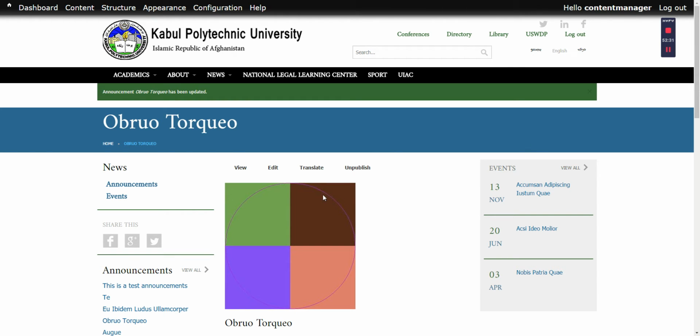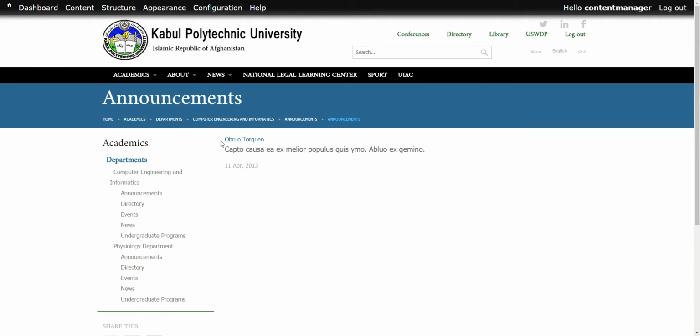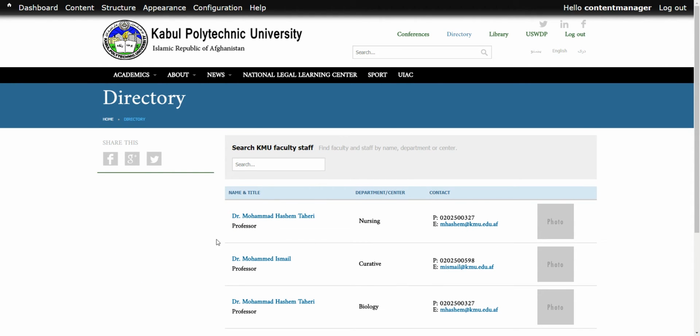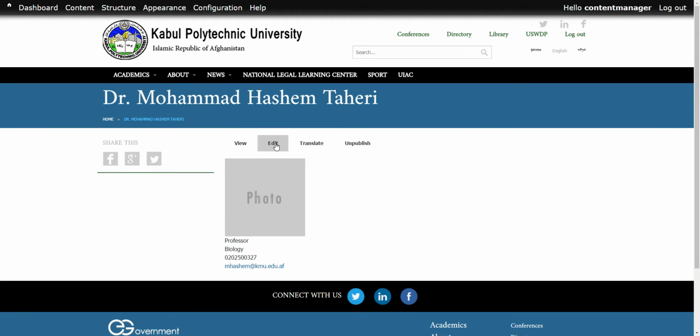Once it's saved, let's go back to our department's announcement page and see if it's there. Okay, so now this is automatically populated on our computer engineering and informatics announcement page. So similarly, let's look into a directory and tag it with our department. So let's click on this, click on edit,